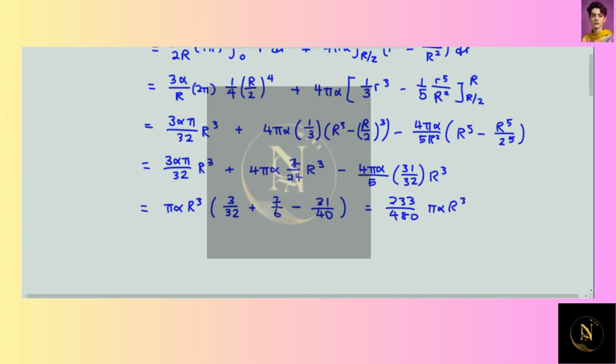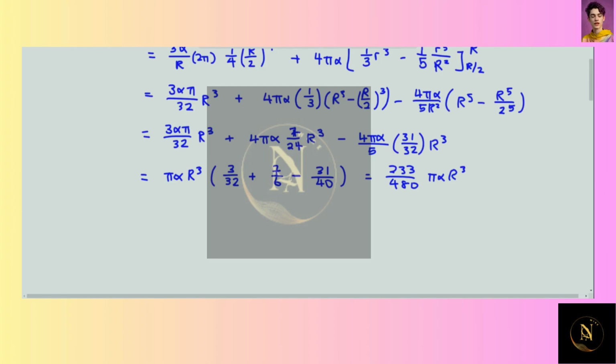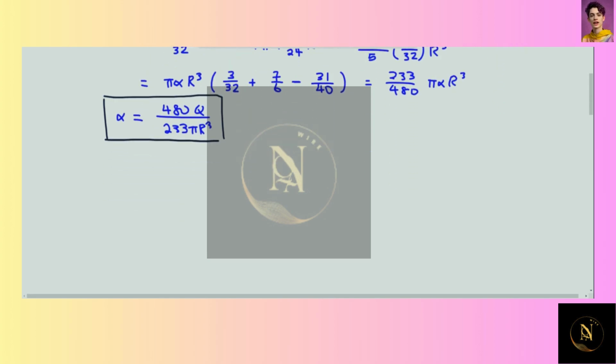So alpha is equal to 480 Q divided by 233 pi R cubed. This will be the answer for part A. Then in part B,